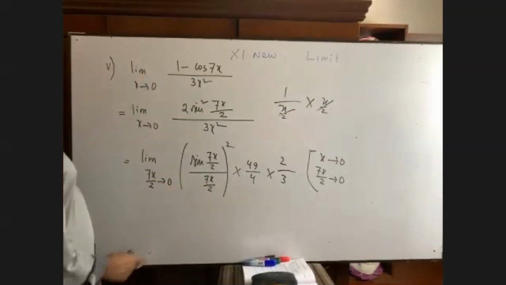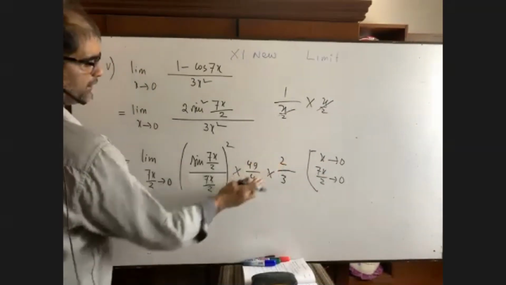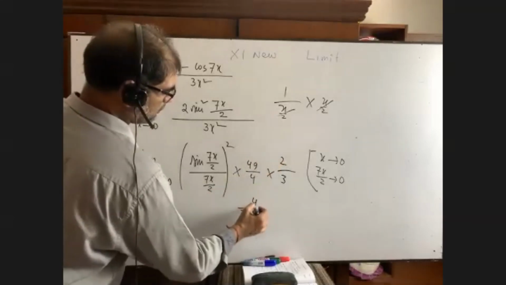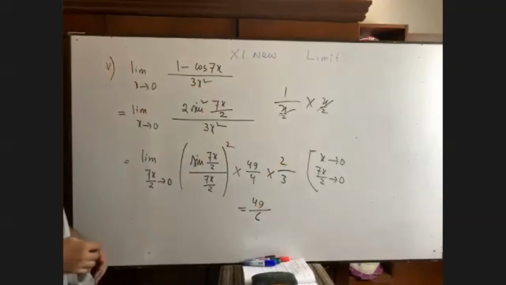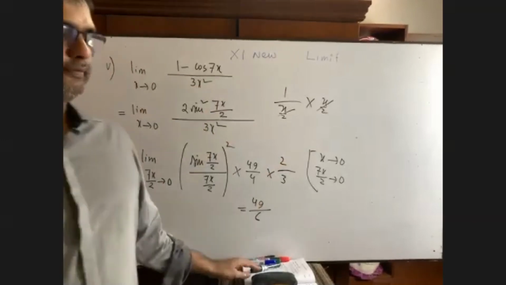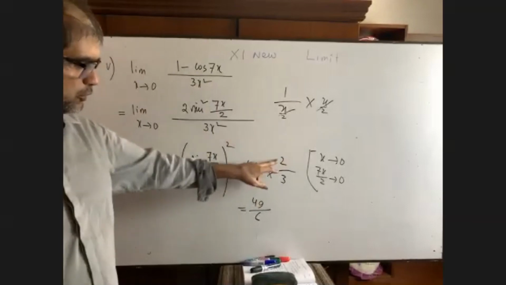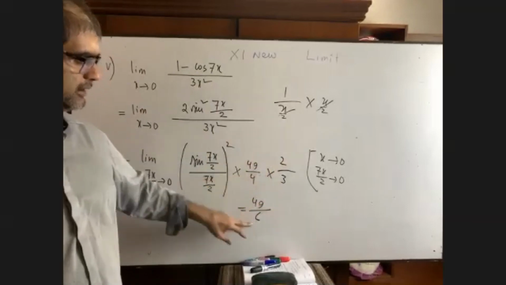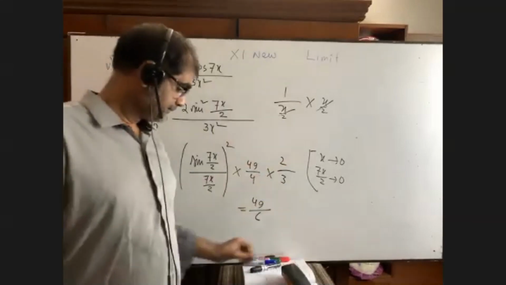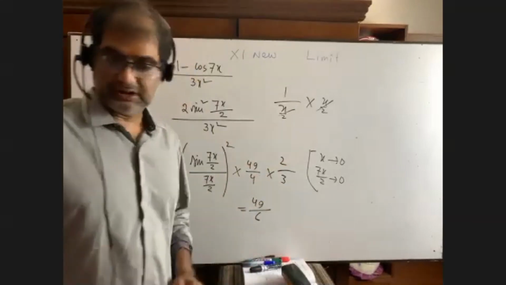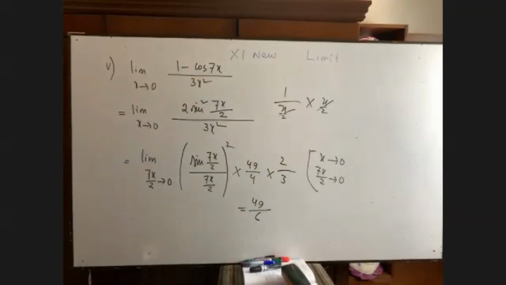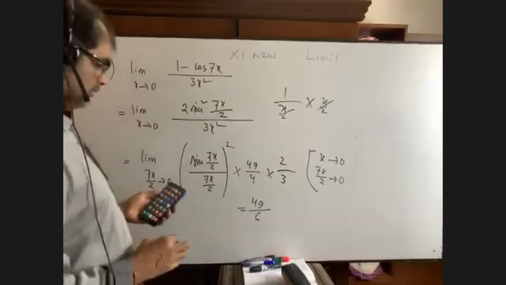Yes, sir. Now you see it is 1. It will be omitted 2. So we are getting our answer, it is 49 by 6. It is done. This is 1. 2 2s are 4, 2 3s are 6. 49 by 6. Please try to understand. All of you at first try to understand, please.